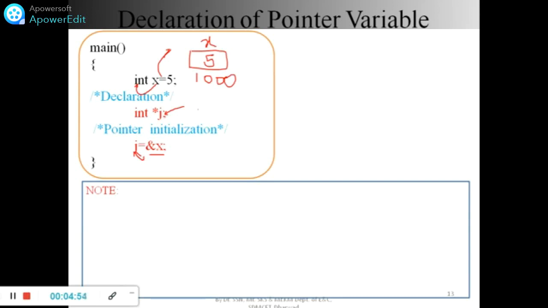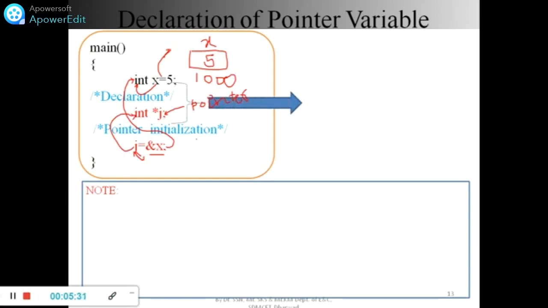Hence j is called a pointer variable. I'll declare j as int star j, because j is storing the address of a variable, and that variable is pointing to an integer. Hence j is a pointer variable pointing to an integer. So this is how we should read.